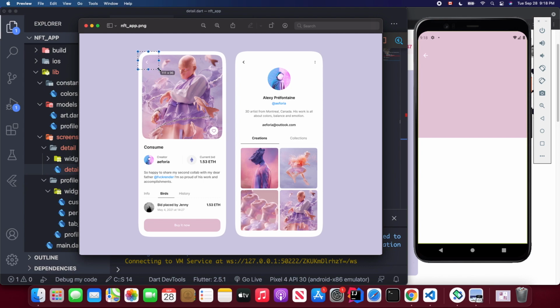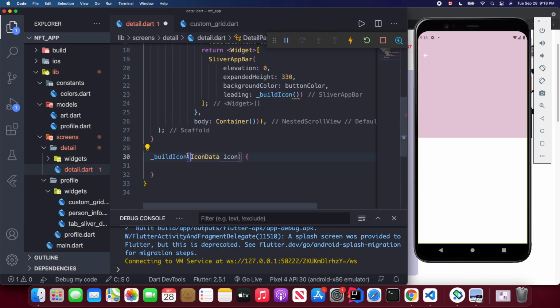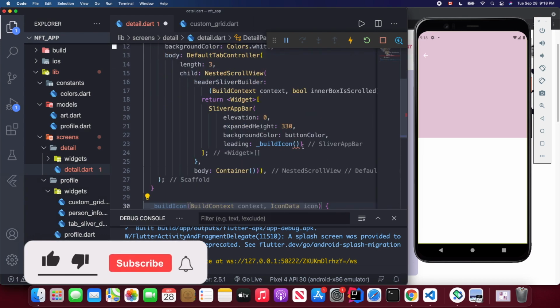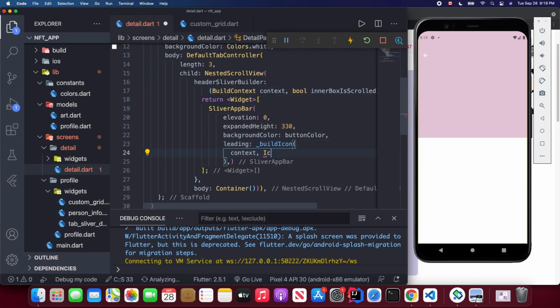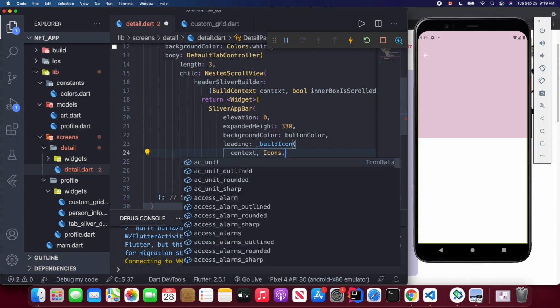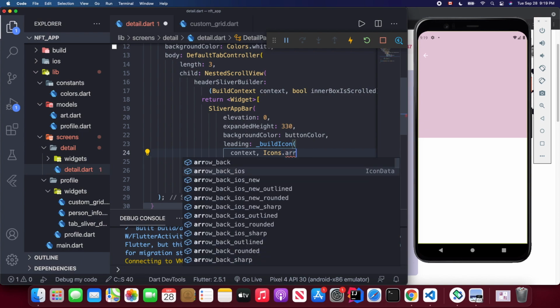this one can go back to our profile page. So we're going to use a navigator. In order to use navigator, we must pass the context. So I'm going to receive a build context as well. Okay, so in here we are going to pass the context and also icons dot arrow back iOS outlined. Okay,